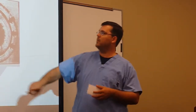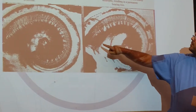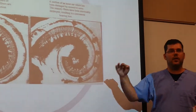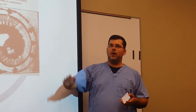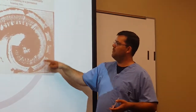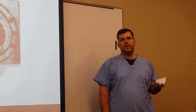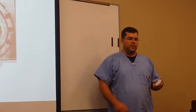As the waves come through this portion of the inner ear, they bounce through like a true wave, kind of like at the beach as it comes up onto the shore. You have the troughs and the crests. It comes in and hits the sides of the wall, and as it does that frequently and more often, those hair cells die off. So with that,